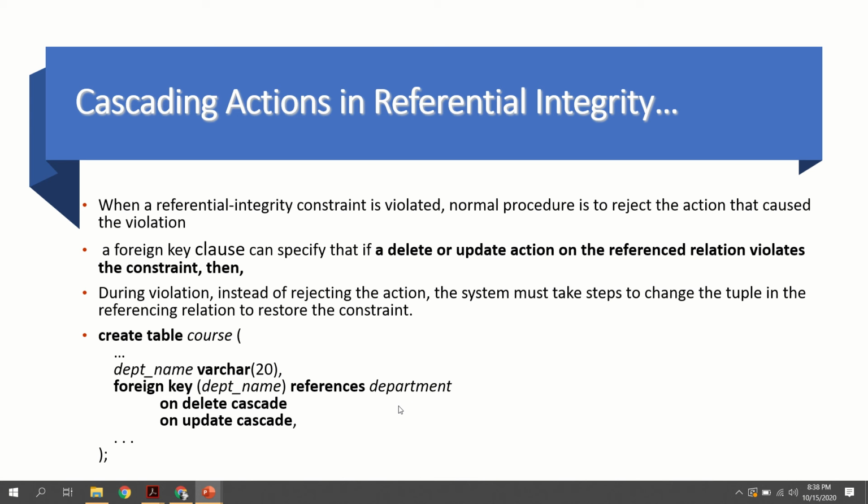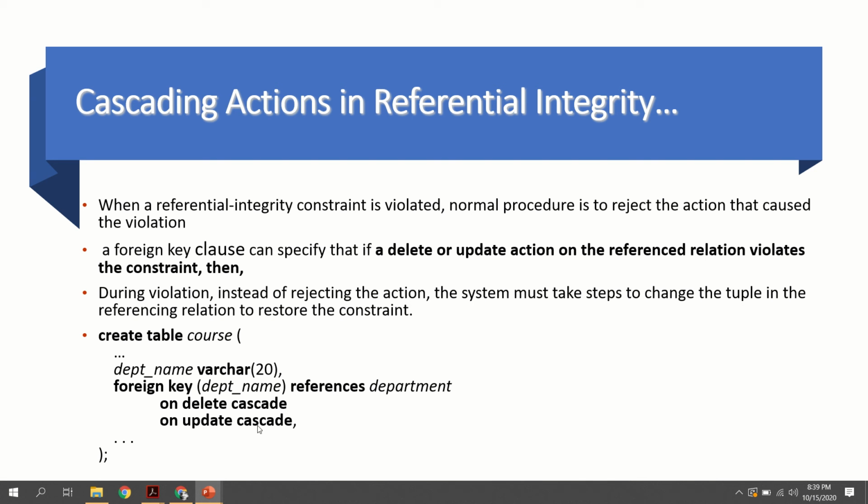Suppose in our college a department is deleted from the department table, that means it no longer exists in our college. So the instructors working there, or the courses related to that department, will also be deleted. That will happen if you are using delete cascade.